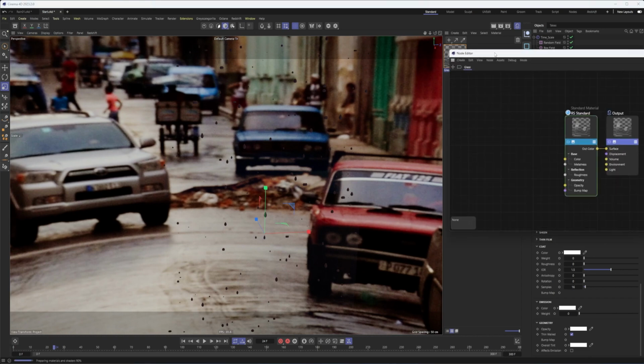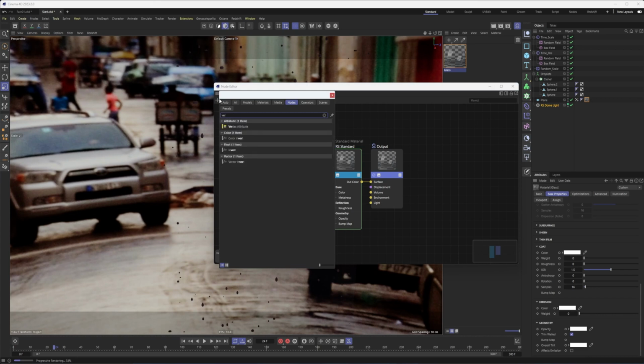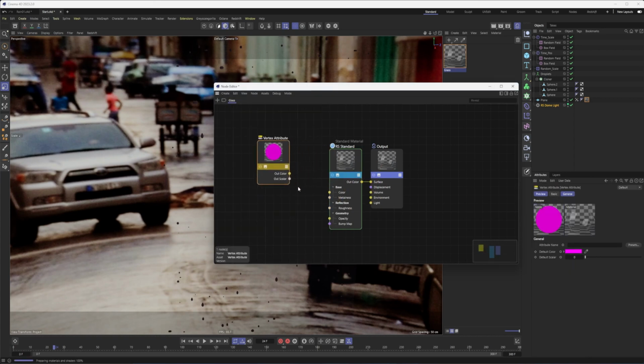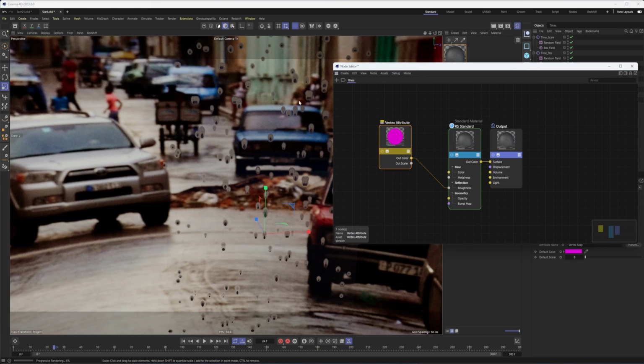So what we're going to do to add our roughness in is open our node editor, and we're going to use the vertex attribute. That allows us to use a vertex map to control a property. With the vertex attribute selected, what I'm going to do is drag that vertex map into the attribute name there. And I can now connect this to say roughness. And what we should see, there we go, is our kind of streaks. And you can see they kind of grow out as we play this once Redshift updates.